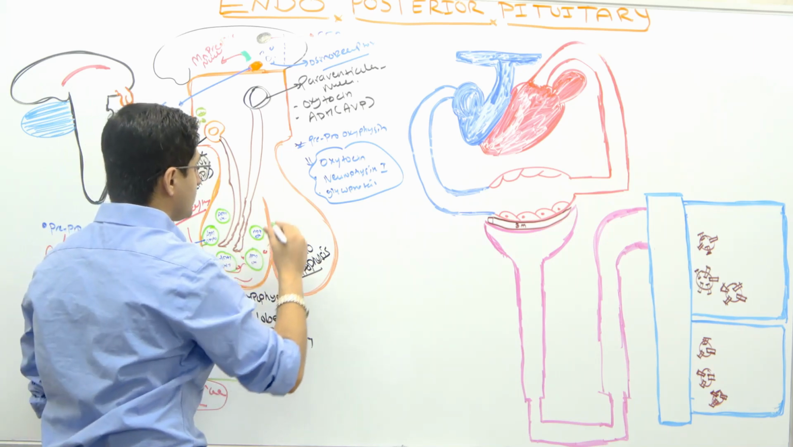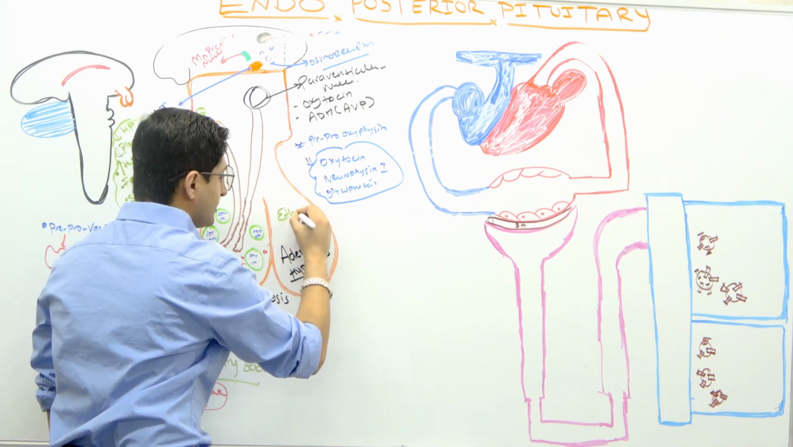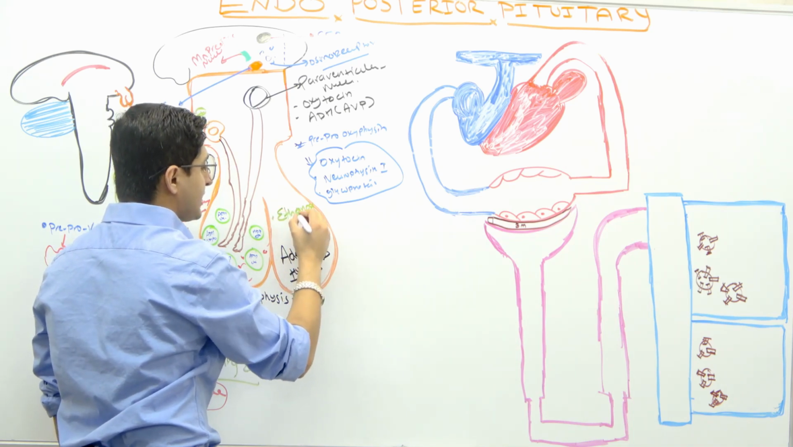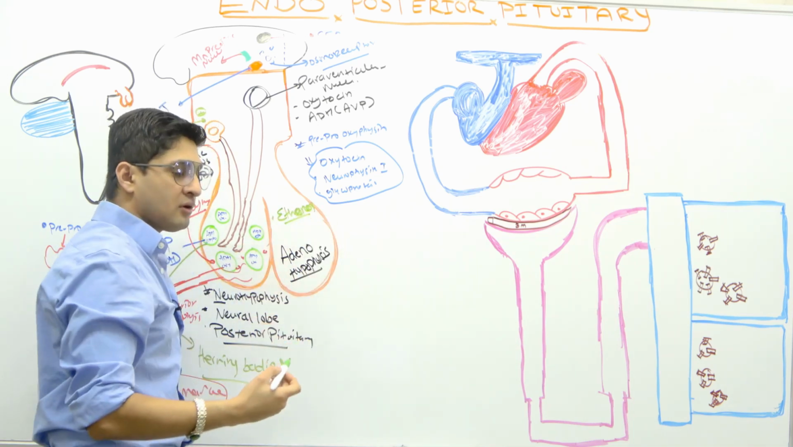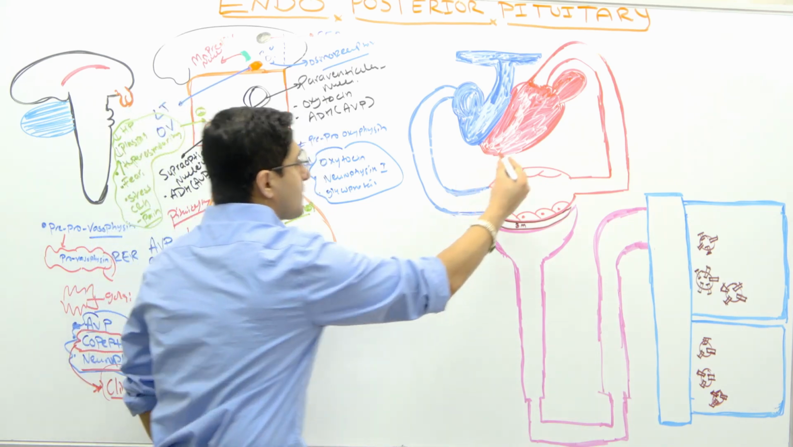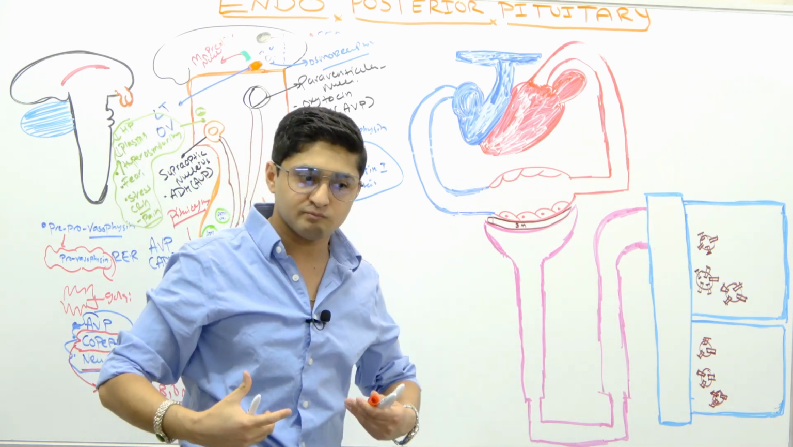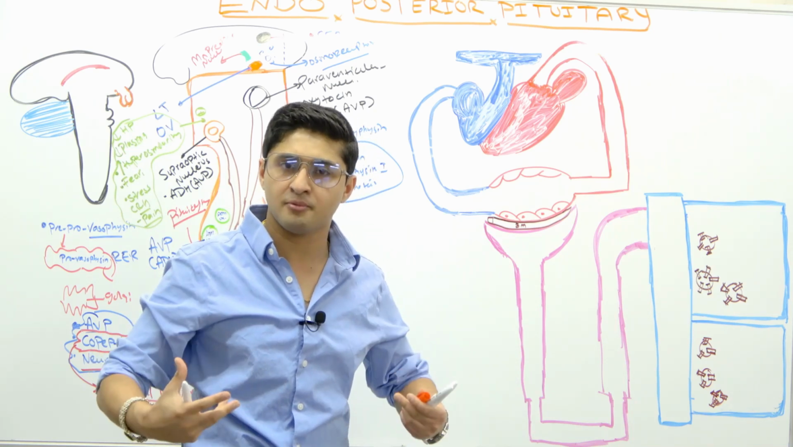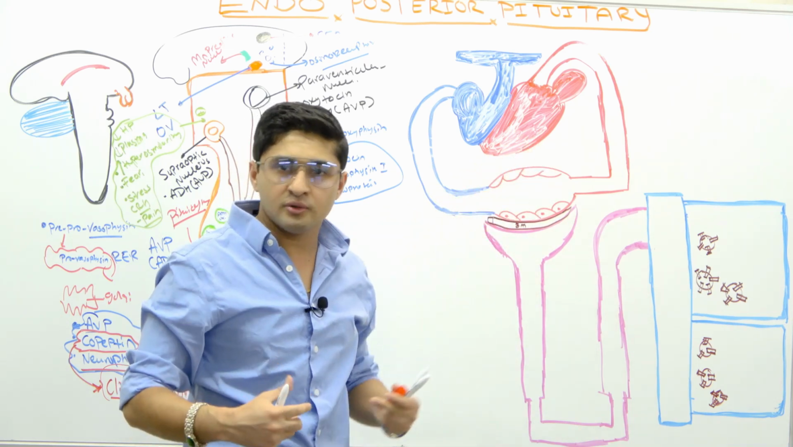Remember, one of the main ones is, let's write down ethanol here. What is ethanol? Alcohol. And also one more thing: look at this heart. Whenever the extracellular fluid volume is going up, the preload is increasing. What is going to happen from this